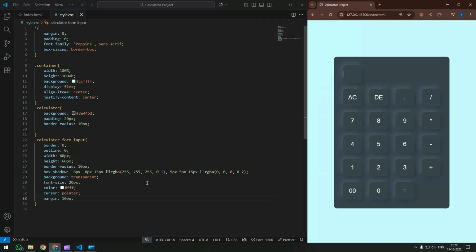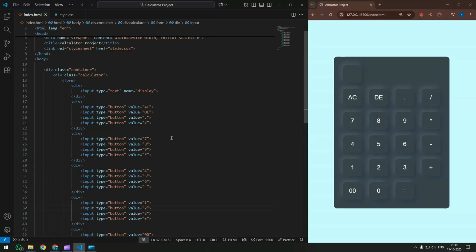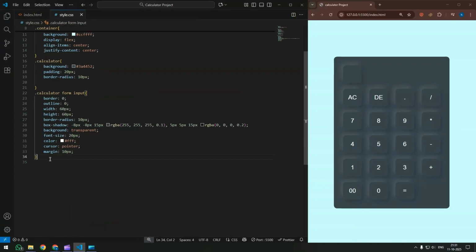So let's come back, and here in this HTML file, you can see we have the input type text and name is equal to display. We will add one class name. So the class name is display. And we will add the CSS for this display. So let's come back to the CSS file. Here we will add